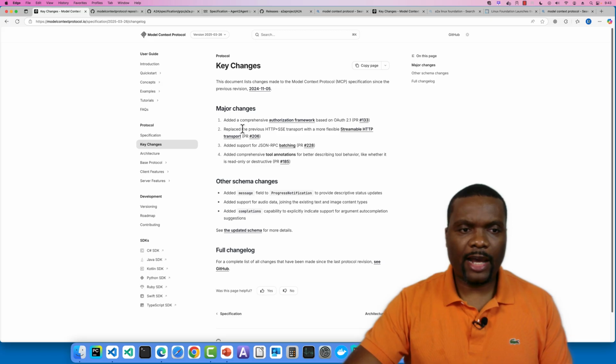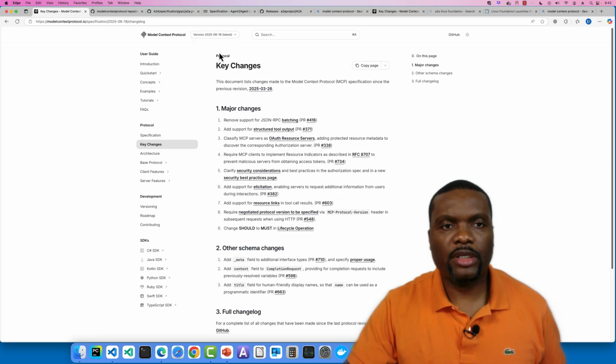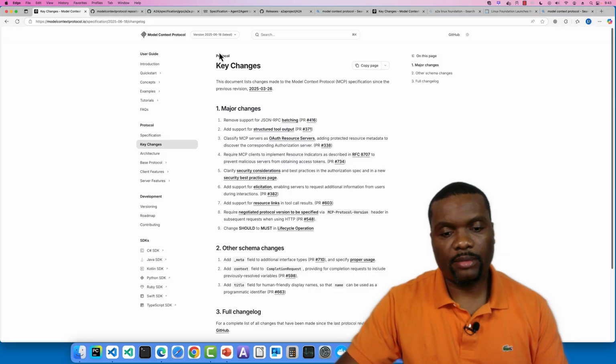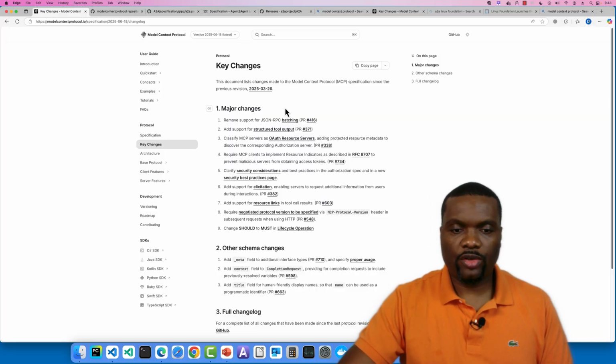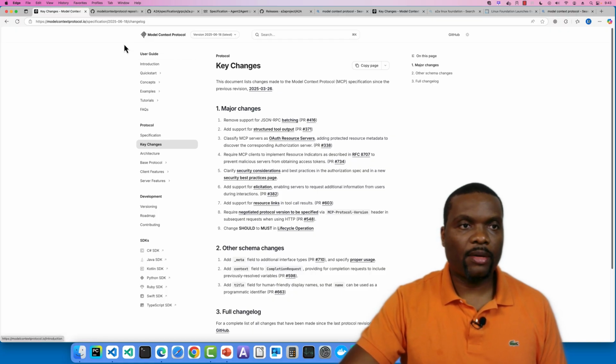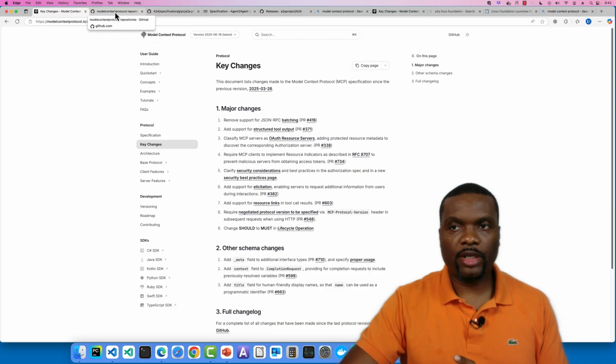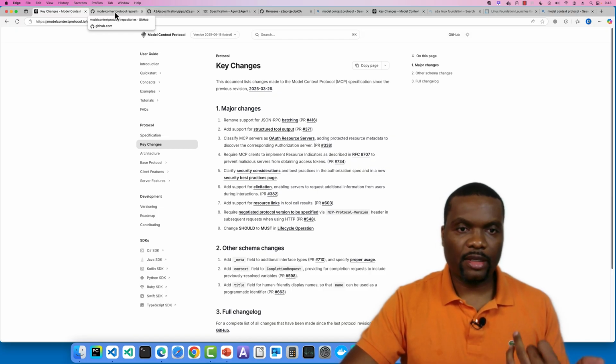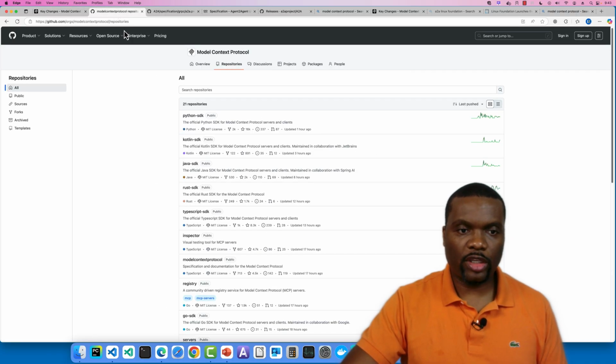All of them are listed here. If you switch to the June 18th update, you will also see all those changes that are available for you to review at your own time. But I just wanted to call it out so that you don't assume that this is still static the same way it was in November of 2024.